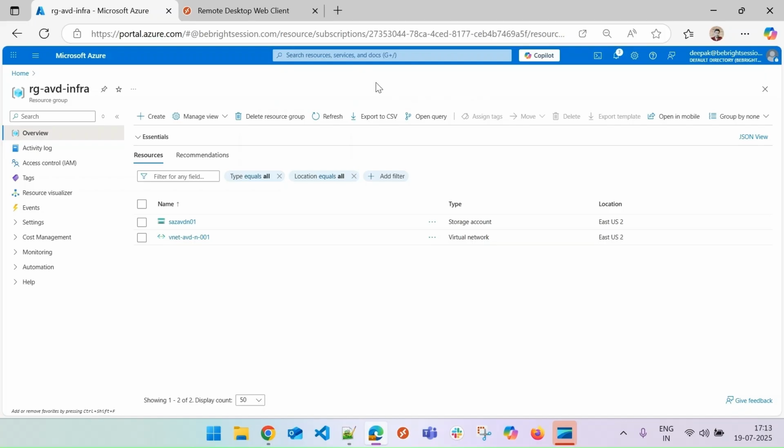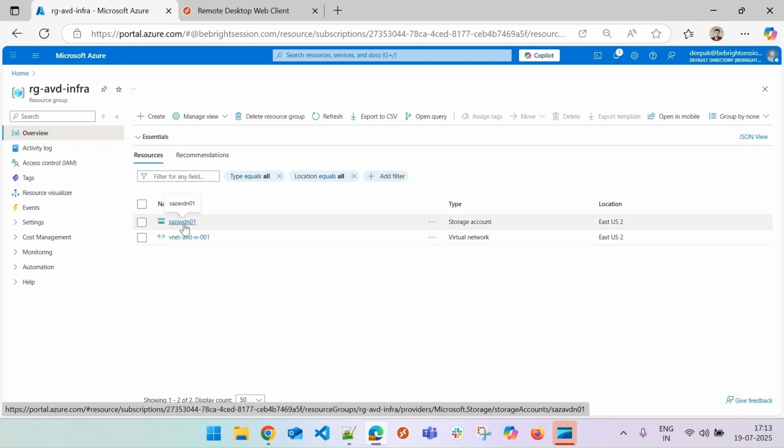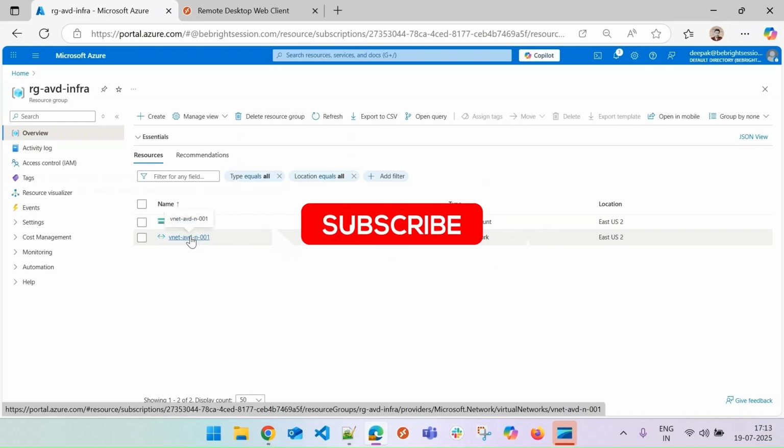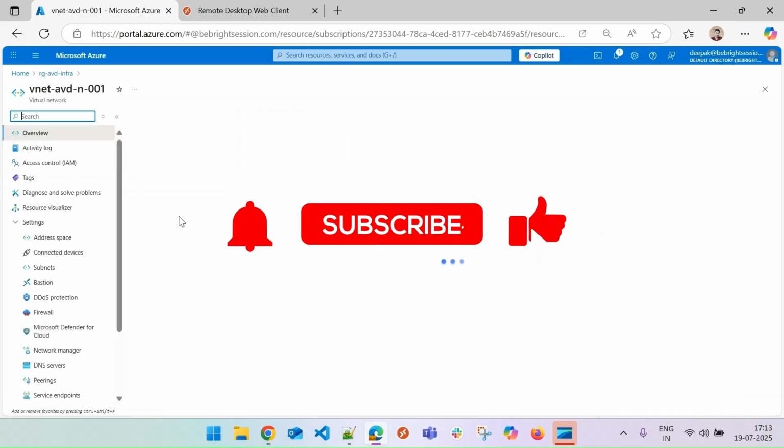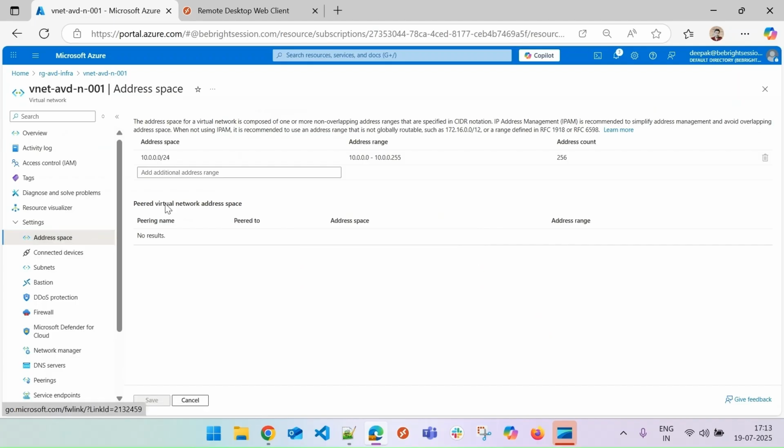If you open the portal, for me, I have created a resource group, RG Infra. That's one resource group that I have created, and inside that I have created one storage account, which is completely blank right now. I haven't created anything in that storage account, just a plain storage account, and one virtual network. In the virtual network, I created one small address space just for this AVD tutorial purpose,